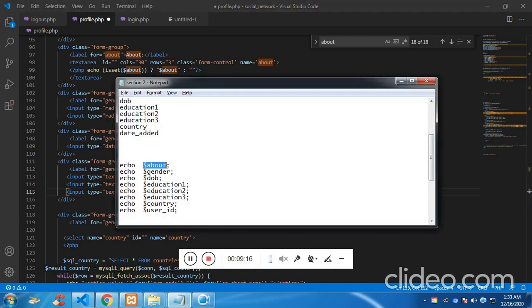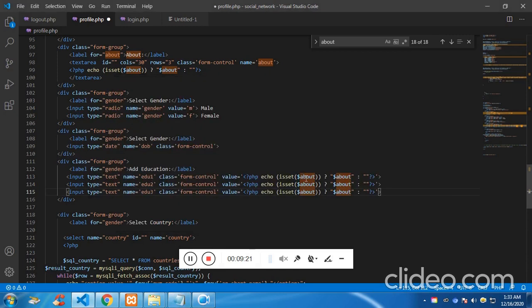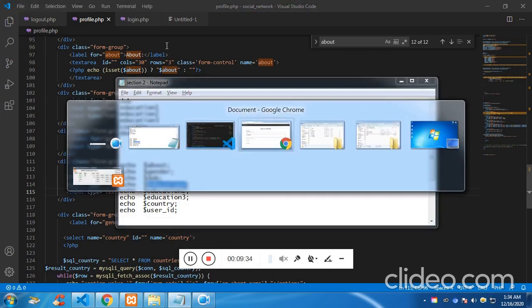And here the value which we have used is education 1, 2 and 3. If I refresh,